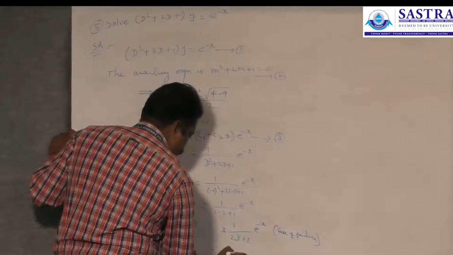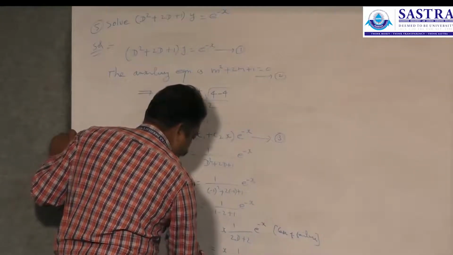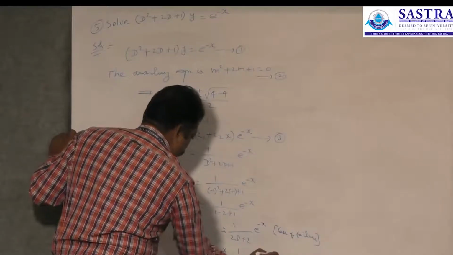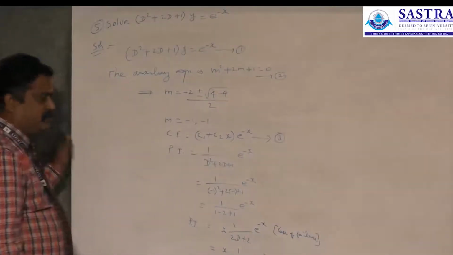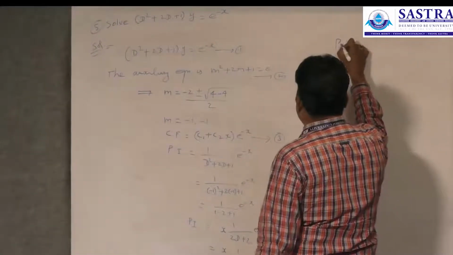x. Now let us substitute D by minus 1: 2 into minus 1 plus 2. Again the case of failure. So again we have to differentiate. Particular integral is equal to